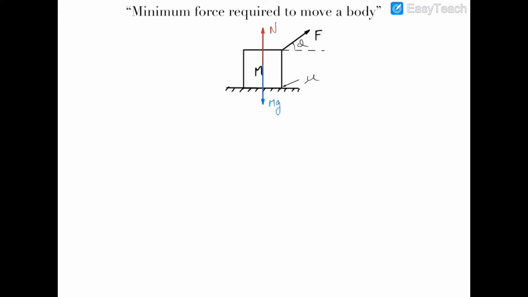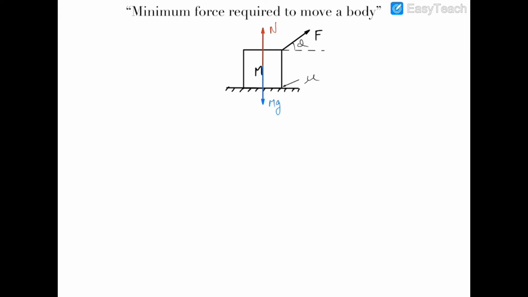Let's suppose there is a force F which is acting at an angle of theta with the horizontal on this block, and obviously, as we have already discussed, pushing is tougher than pulling. Therefore, if we need to find the minimum force required to move an object, we need to apply a pulling force on it, because pushing itself is tougher. So we are applying a pulling force at an angle of theta with the horizontal, the coefficient of friction between the floor and the block is mu, and the mass of the block is m.